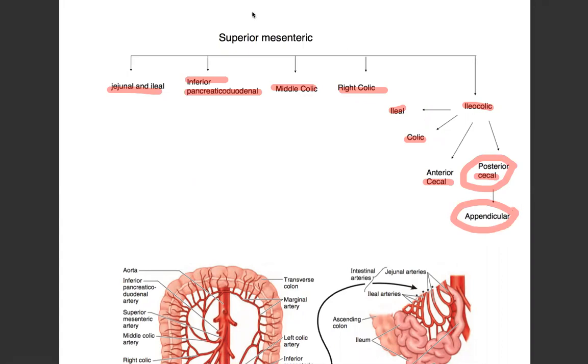تمام؟ يعني I'll repeat it again, but this time I'll be focusing on the more important stuff. So عندنا jejunal وileal للجejunum والileum. عندنا inferior pancreatical duodenum للduodenum. عندنا middle colic or right colic للcolon. عندنا ileocolic. يلا ileocolic ده بيدينا حاجة اسمها posterior cecal, and the posterior cecal gives us the appendicular which supplies the appendix. تمام؟